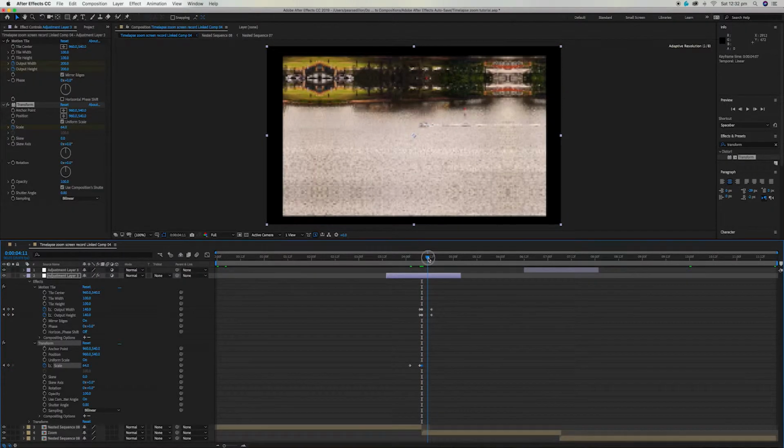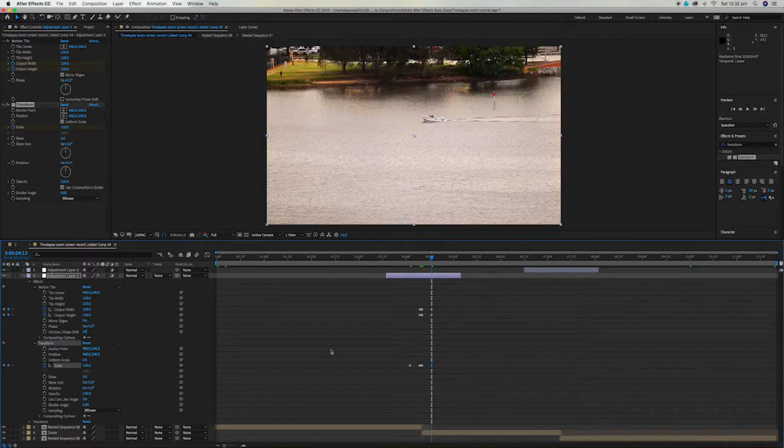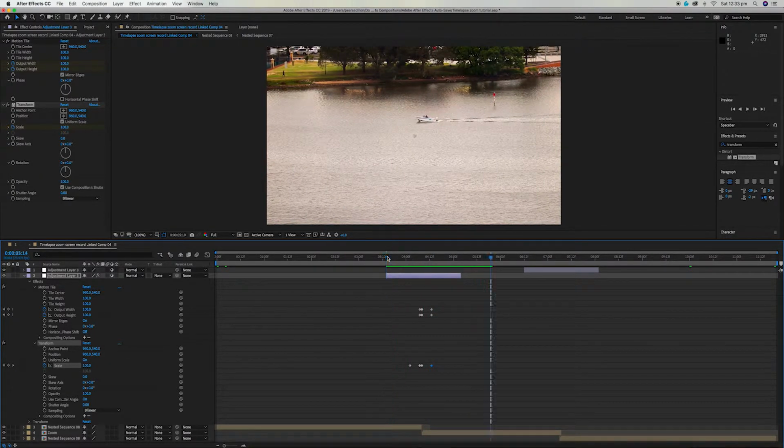Next thing we want to do is go forwards 5 frames and then create your last keyframe and change that value back to 100. So previewing this now, you can see that it's starting to resemble some sort of zoom transition there. We still have quite a bit to do though, so the next thing we want to do is